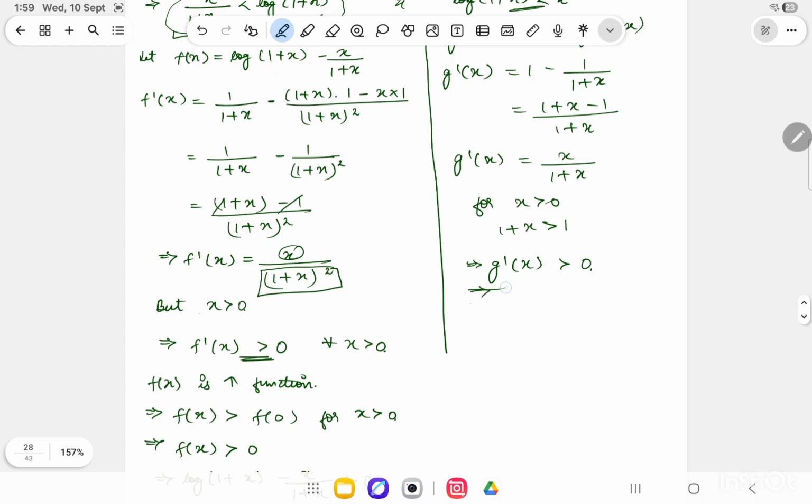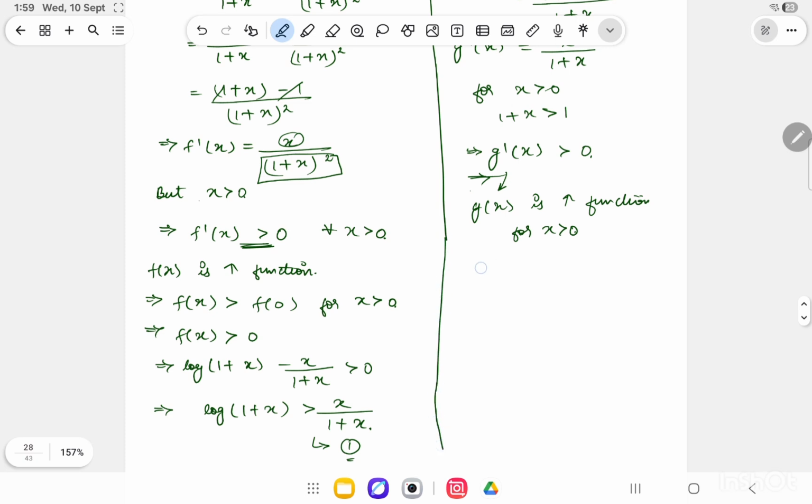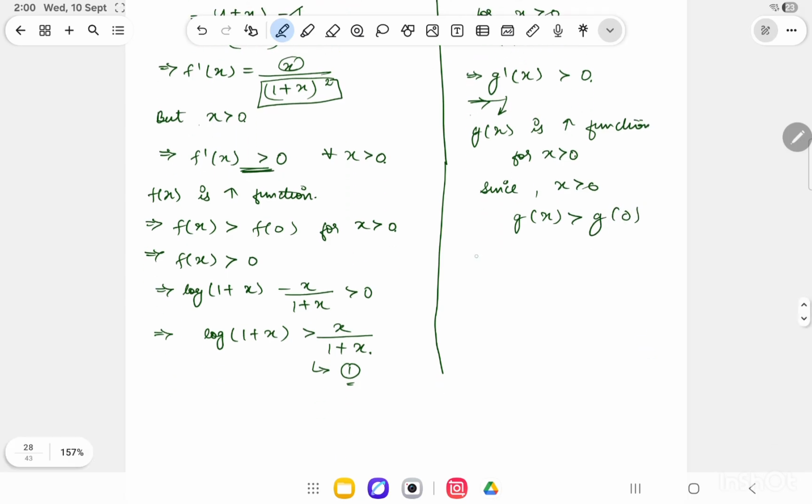From this I can conclude that g(x) is an increasing function for x greater than 0. So since my x is greater than 0, my g(x) must be greater than g(0), because we have proved that g(x) is an increasing function. So my g(x), that is x minus log(1 plus x), must be greater than g(0), that is 0 minus log 1, which is again 0. So from here I got x is greater than log